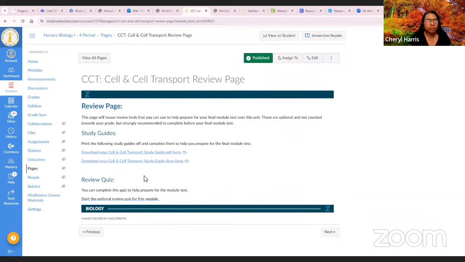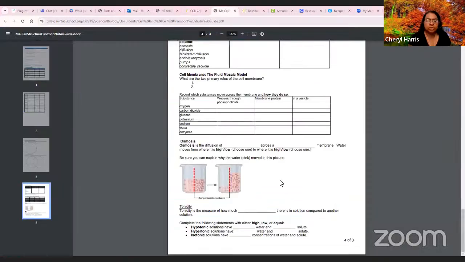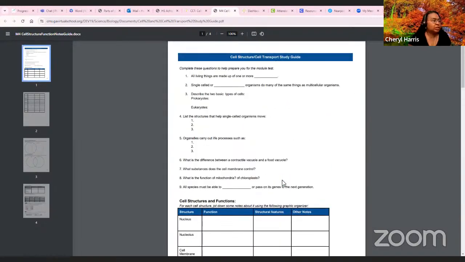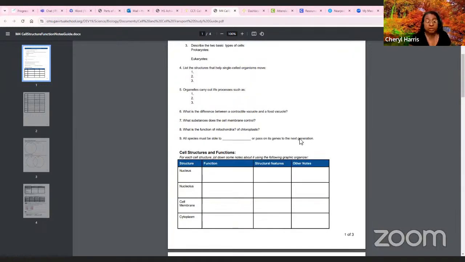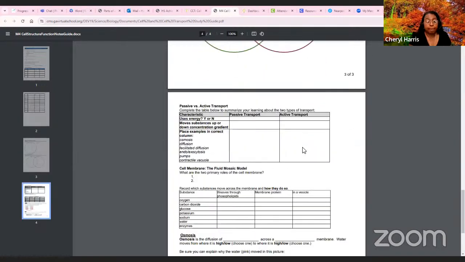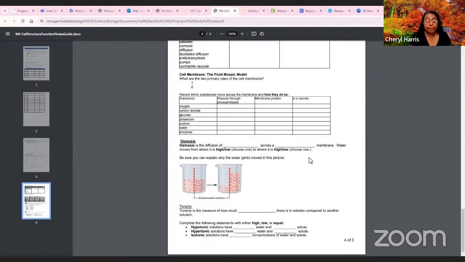Okay. Last time I think I asked you all to try to download this worksheet, and it should look like this when you download it. Download it as a Word doc so that you can write on it. Now, I'm not collecting this. This is a review sheet for you. Okay. So you can use this time to go through and work on this.